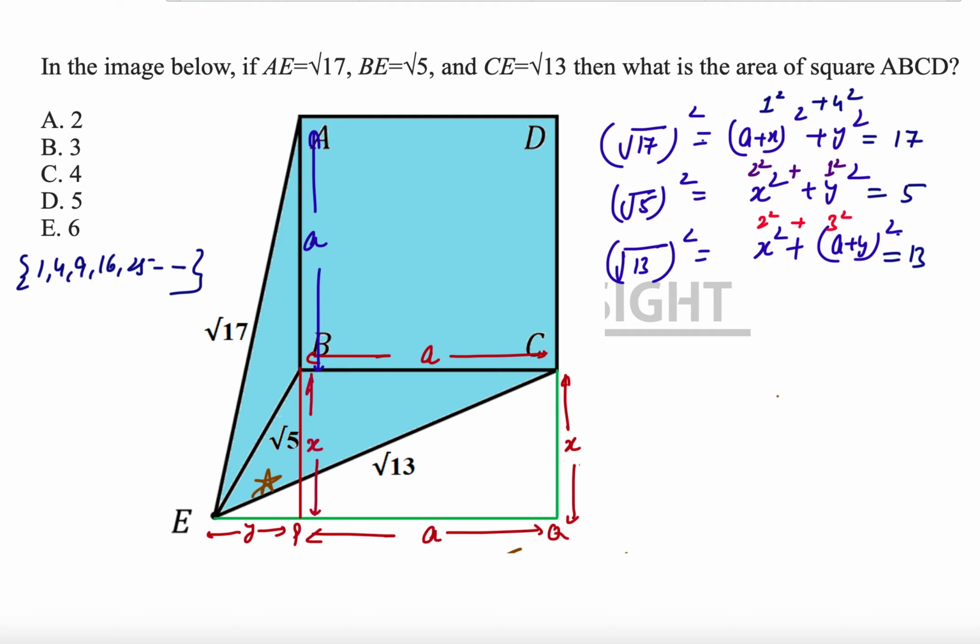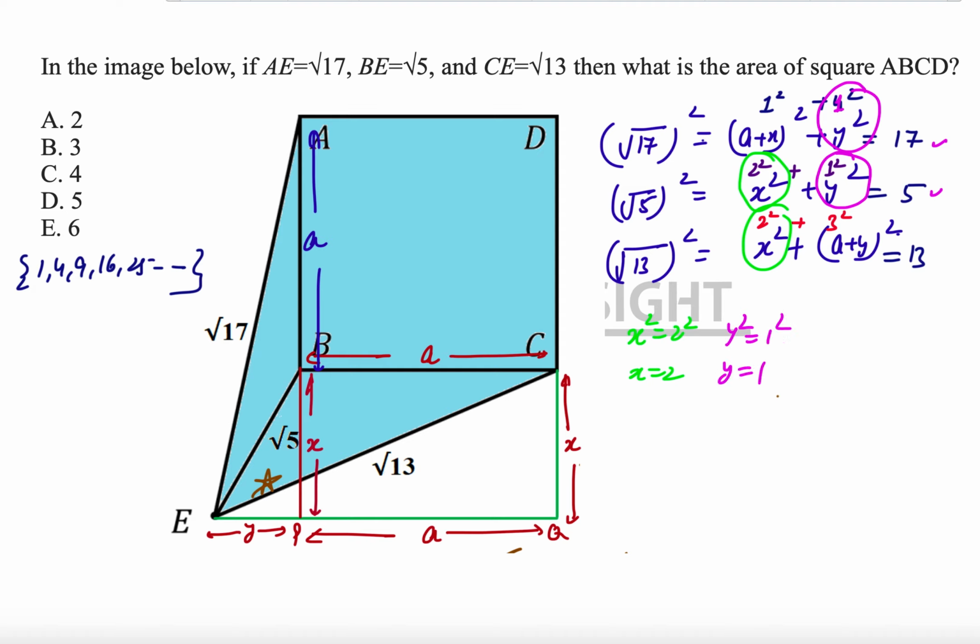Now if you look at these three equations, you can quickly infer that the common thing is X square and the common thing is 2 square. That means X square equals 2 square, so X is equal to 2. Similarly, the common thing between this equation and this equation is Y square, and Y square is 1 here, so Y square should be 1 here as well. Y square is 1 square, so Y is equal to 1.